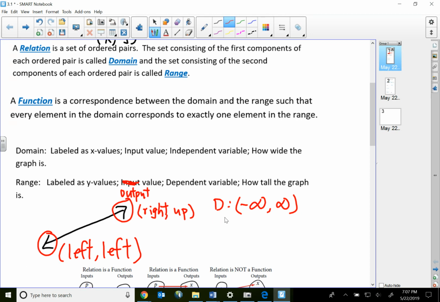So when I write my interval notation, we always have to write them from small to large. For the range, this arrow keeps on going down, down, down as well as going left. This arrow keeps on going up, up, up as well as going to the right. So in terms of range, which is thinking about the y value or how tall this graph is,